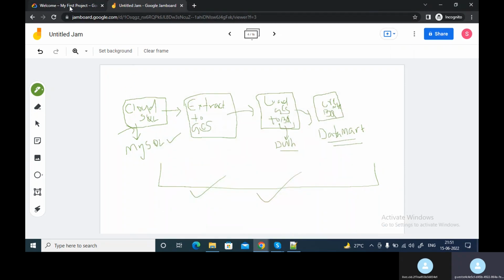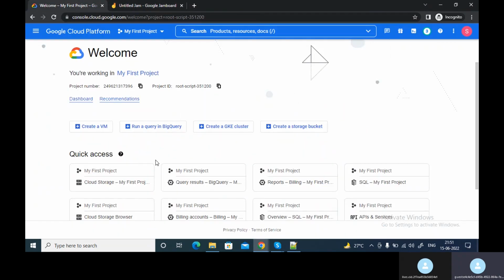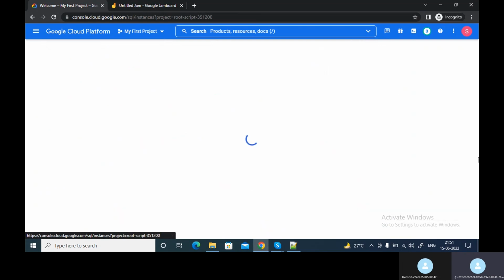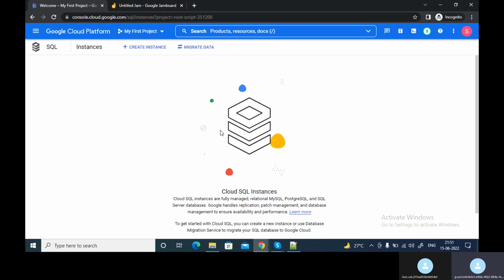So let's start. If I go to my Cloud SQL, in order to create a database, in your account the Cloud SQL API will not be enabled. It will be in disable mode. You have to go there and first enable that API, and then you need to click on